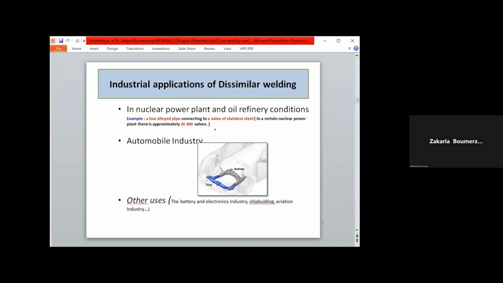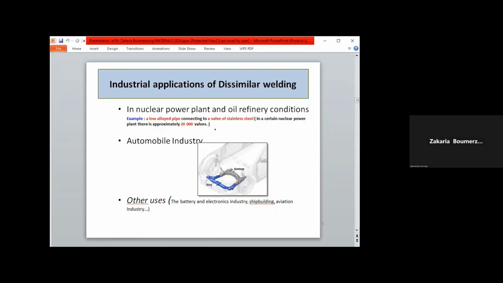What is the industrial application of dissimilar welding? For example, in nuclear power plants and oil refinery conditions. Example: a low alloyed pipe connecting to a valve of stainless steel. In certain nuclear power plants, there is